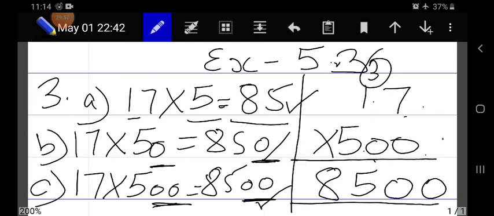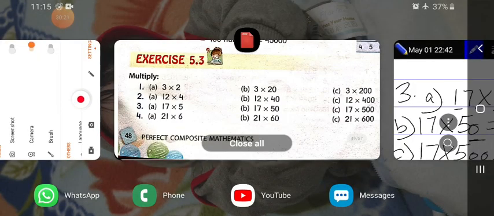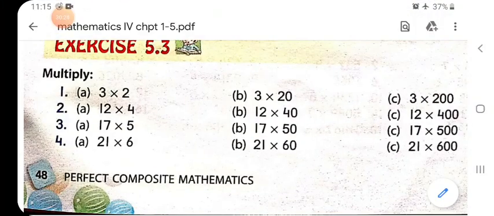Okay, so this is how we are going to do sum number 2 and 4, and just do it neatly, very clearly, and this is how you have to show the calculation. You will not just erase it, you will show all the calculation properly. Okay, so this is exercise 5.3. Now we have done first and third sum of exercise 5.3, and the rest of the sums you are going to do yourself. Okay. Good day.